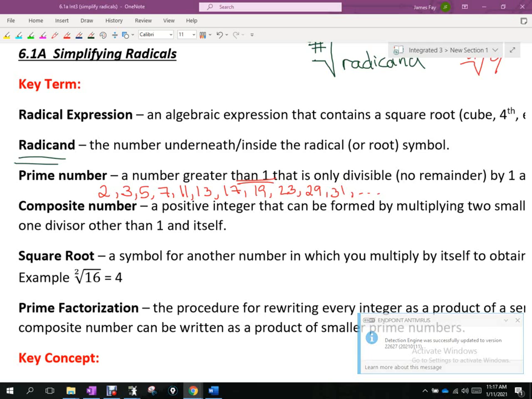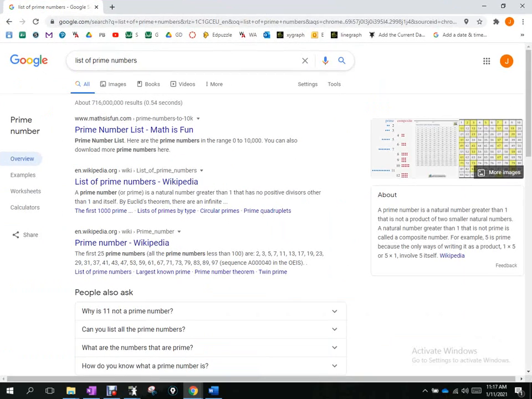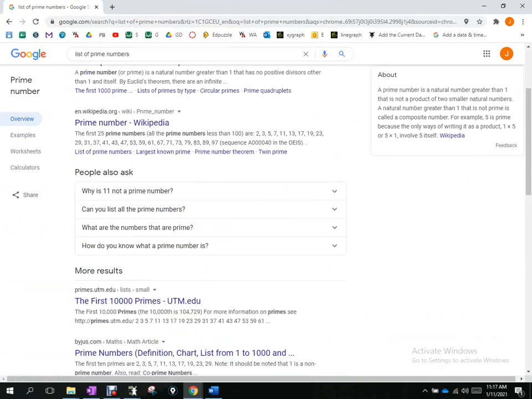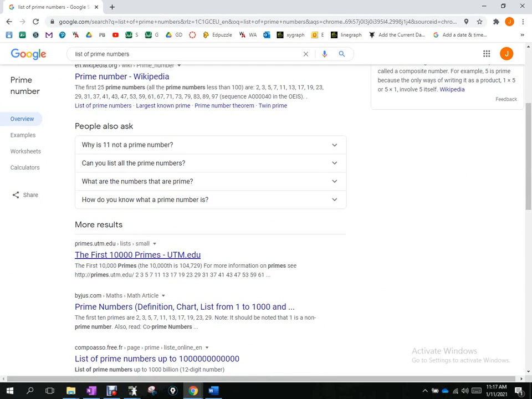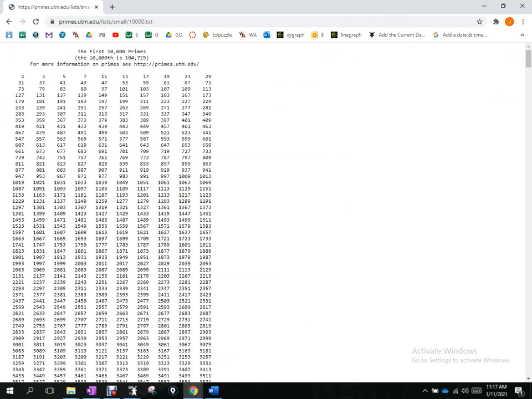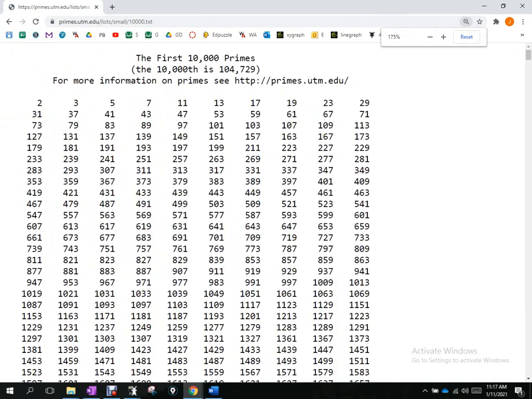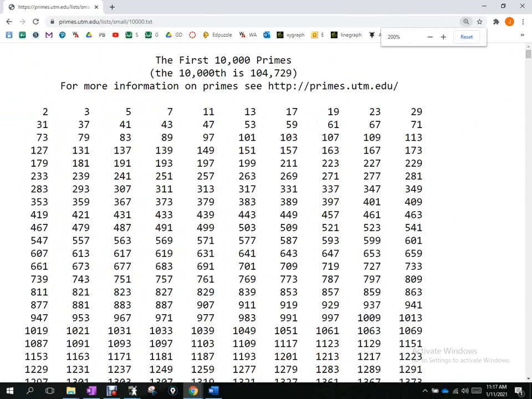And if you ever question whether something's prime or not, do a quick Google search. Let's see here. But first, 10,000 prime numbers. What's interesting about prime numbers, and this is a study that people that are interested in prime numbers do, is that we find out that those two are kind of